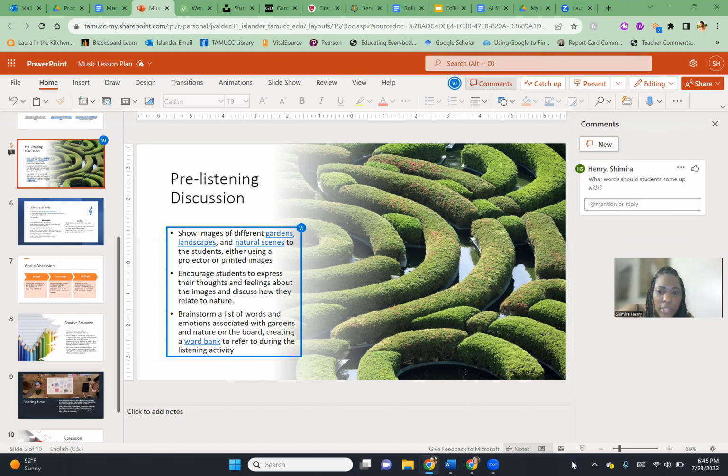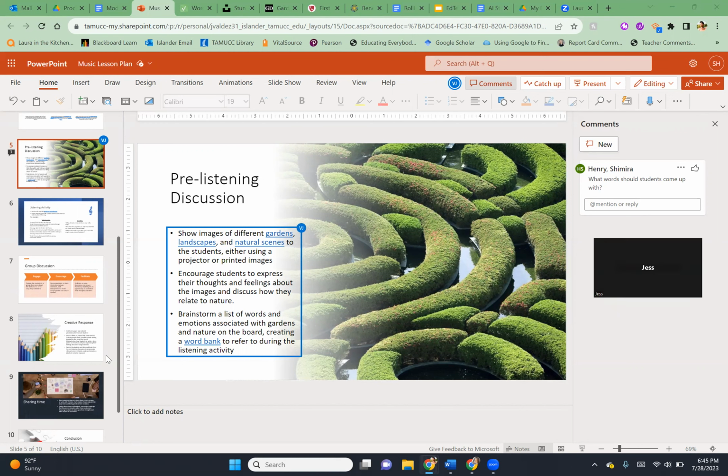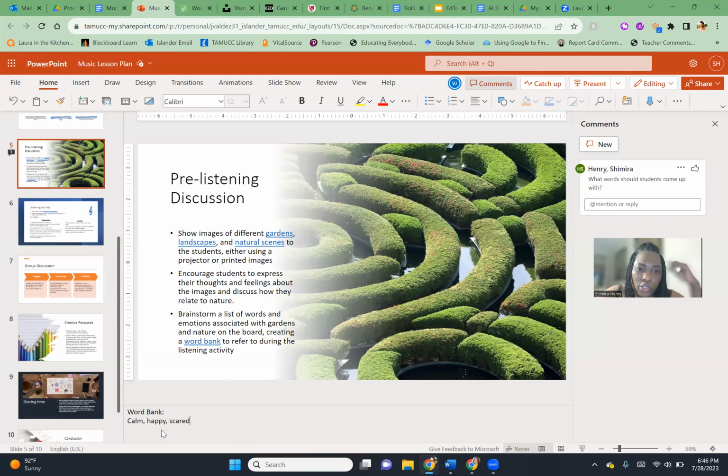Okay. Are you able to see my screen? Yes. Okay, so here where it says click to add notes, you just click here and you type in, I'll type it in for you. I'll type in word bank. So for example, if looking at the image makes the student feel calm, you can write the word calm. If it makes them happy, happy, makes them scared, scared, and whatever words, because I'm not familiar with what words you want to use in terms of music. So you just write the words there. That way, when I create the module, I can provide a word bank within this portion.